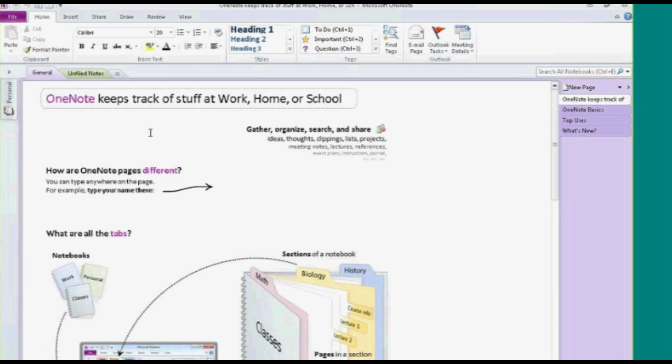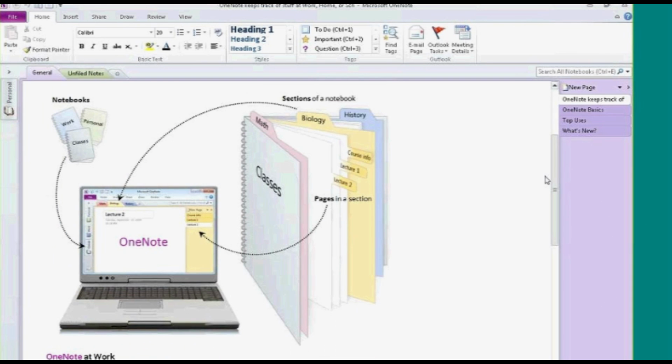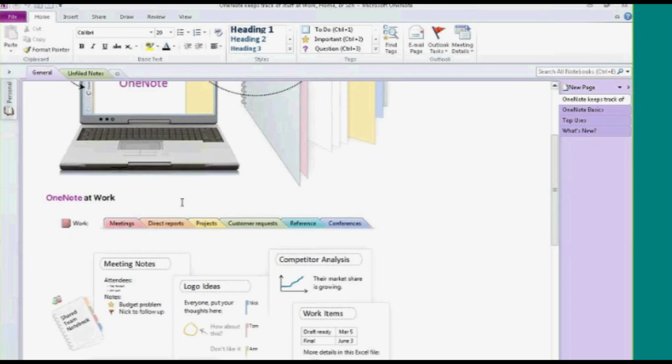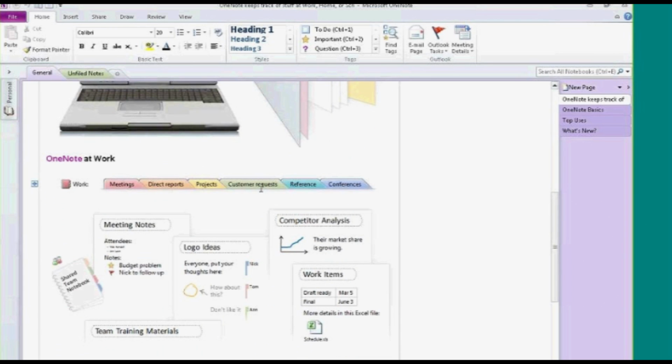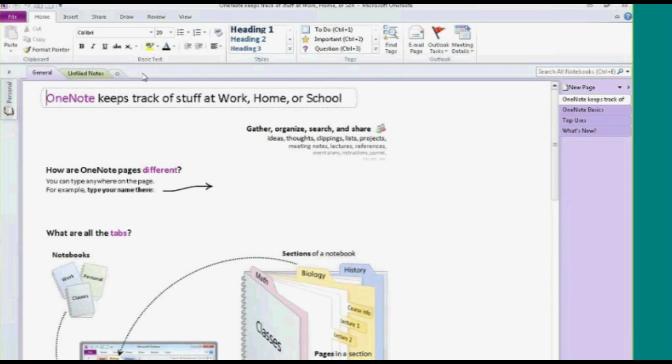But this is OneNote. What the heck is OneNote? Well, this is OneNote. The best way to describe it is it's your own personal database. You can put whatever you want in this thing. My meetings, direct reports, projects, customer requests, all kinds of different things. And the idea is that you have these tabs that go across the top. So, just to give you a bit of an idea,